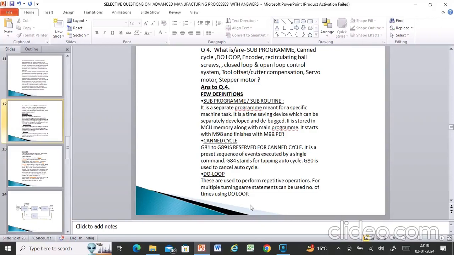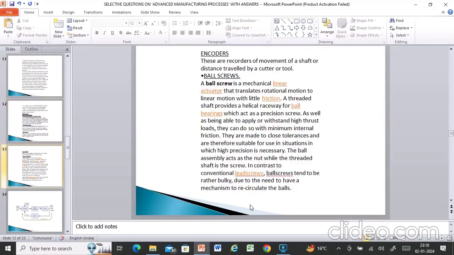Do loop. These are used to perform repetitive operations for multiple turning, and the same statements can be used number of times using do loop. Encoders are recorders of movement of a shaft or distance traveled by a cutter or tool. It records only, like the mile meter of a car. It records the speed of the vehicle, and also at the same time it records the cumulative distance traveled by